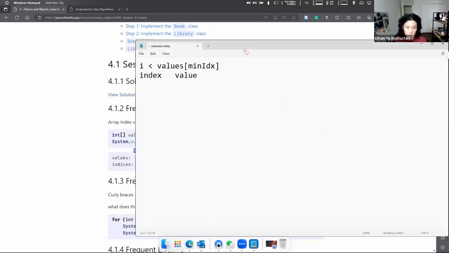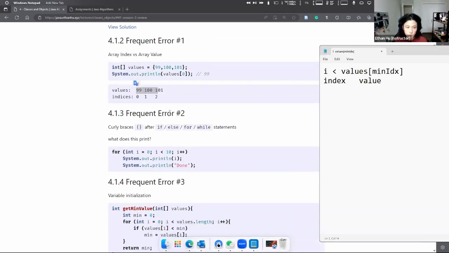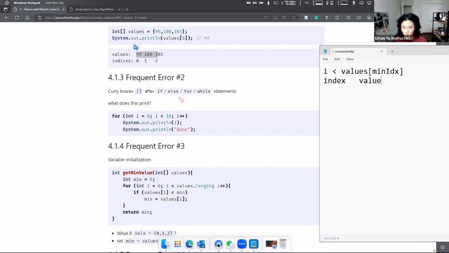All right, that being said, we'll move on to number 2. Curly braces should always occur after if, else, for, or while statements. So over here, what do you think is going to run? Is it going to be 1, 2, 3, 0, 1, 2, 3, 4, 5, 6, 7, 9 done? Or is it going to be 0 done, 2 done, 0 done, 1 done, 2 done, 3 done? It's going to be the first one. So it's going to print 0, 1, 2, 3, 4, 5, 6, 7,